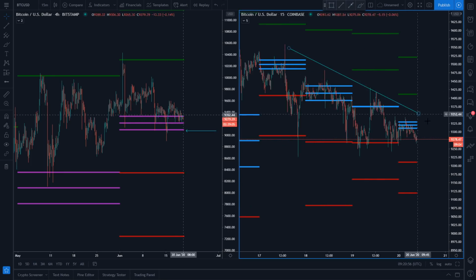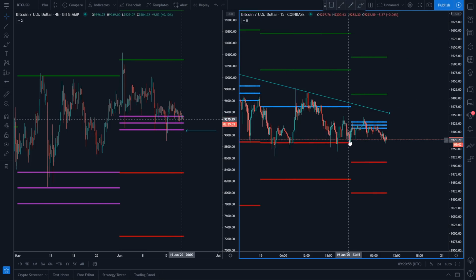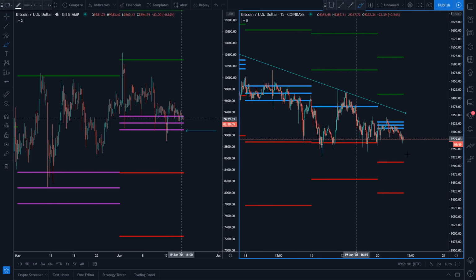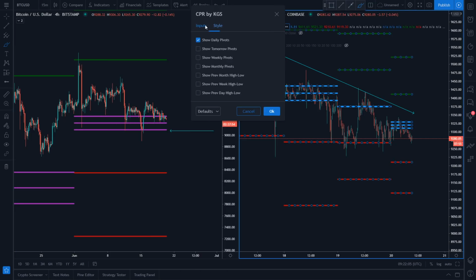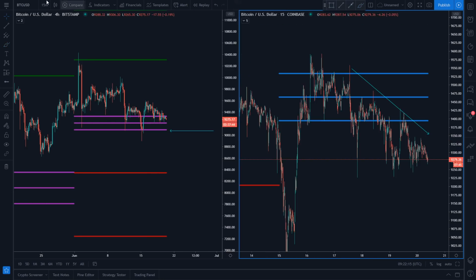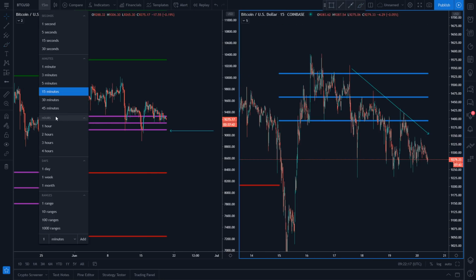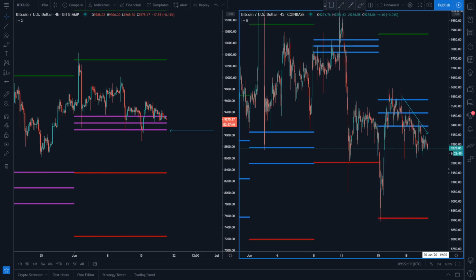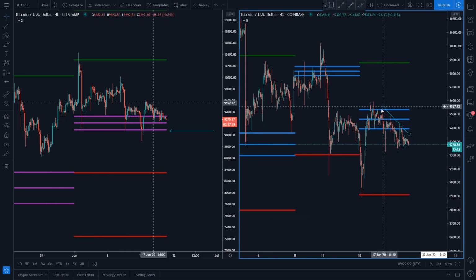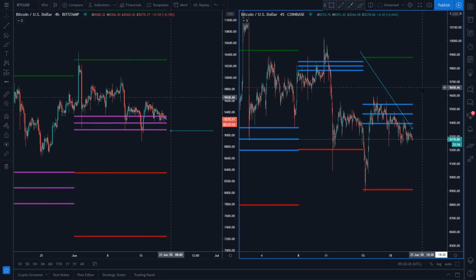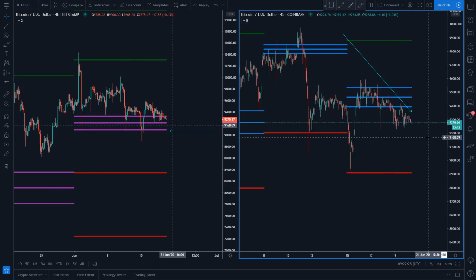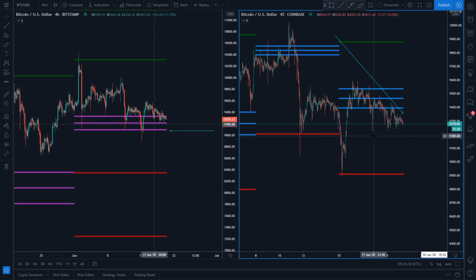So looking at this with the daily CPR is also indicating maybe the trend is actually going to the downside. And if you switch this CPR into a weekly CPR, let's look at this in a weekly CPR. We can see, guys, let's change the time frame from 15-minute to 45-minute. You can see here, right? Even in a weekly CPR, this here is a descending CPR, also in a weekly time frame. So it's also indicating, hey, maybe we are going to the downside around this 9,000 level, because you can see